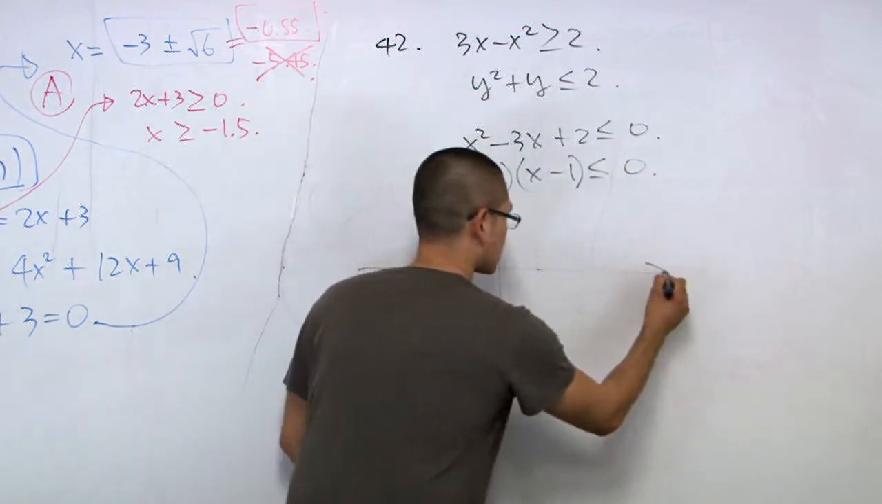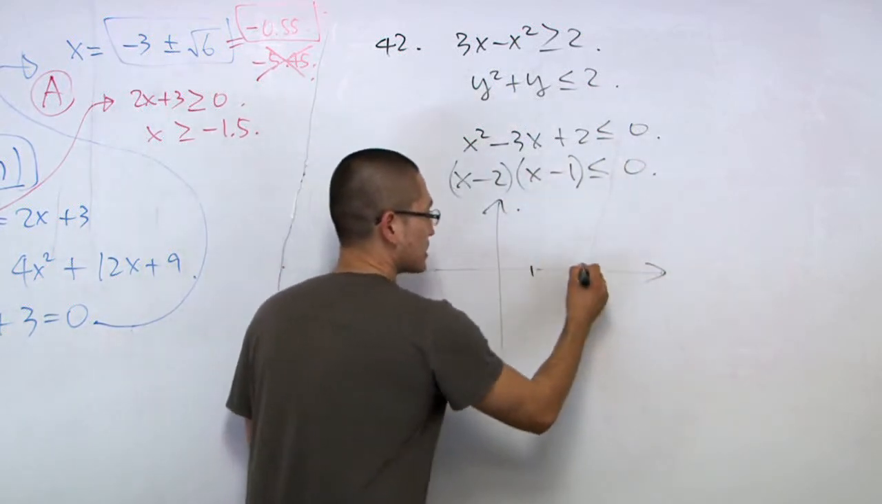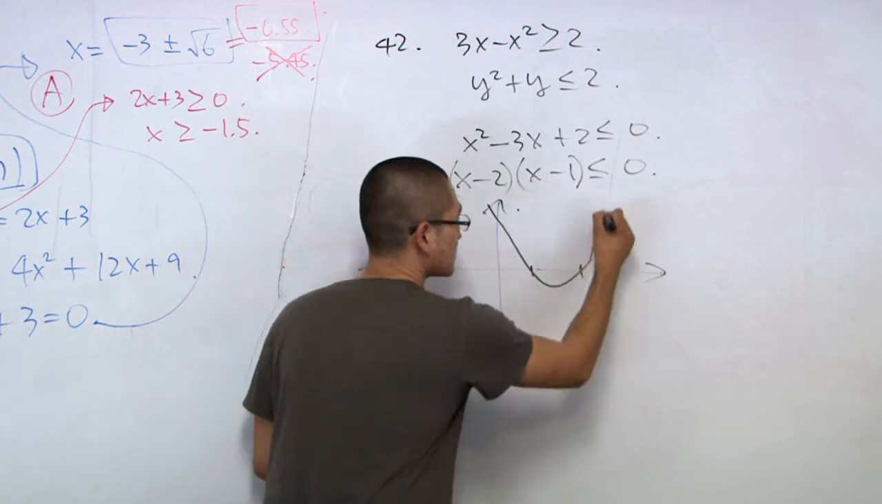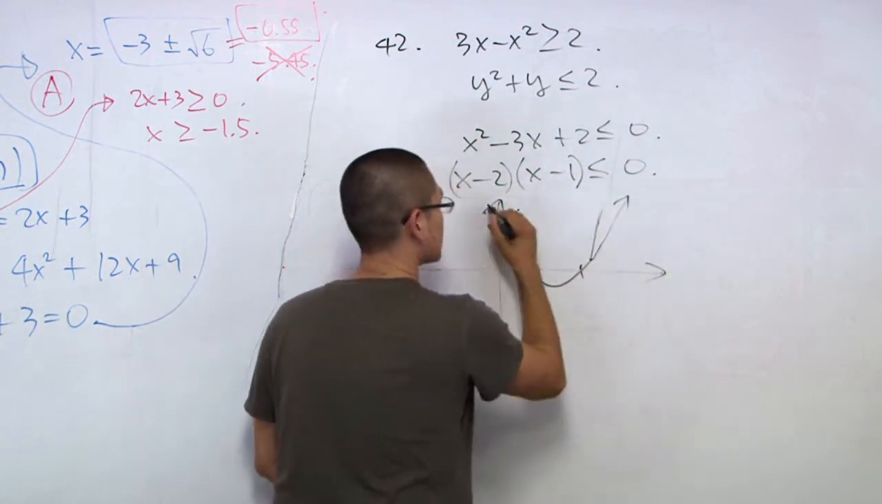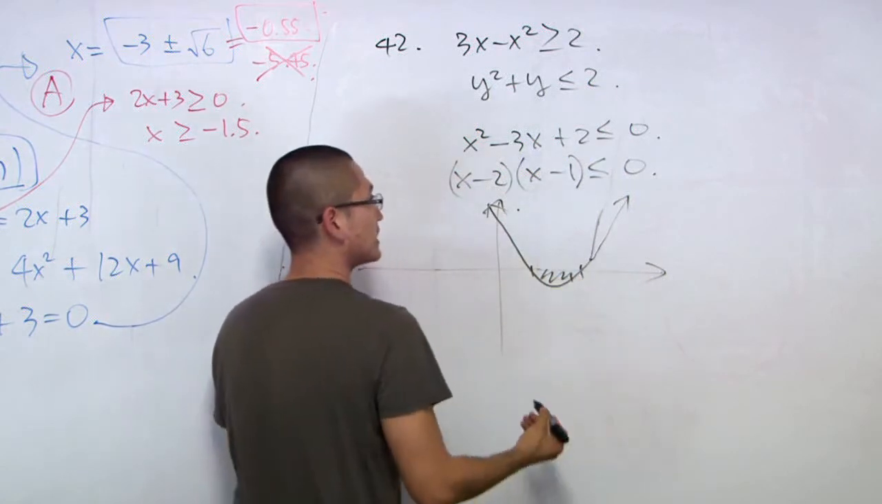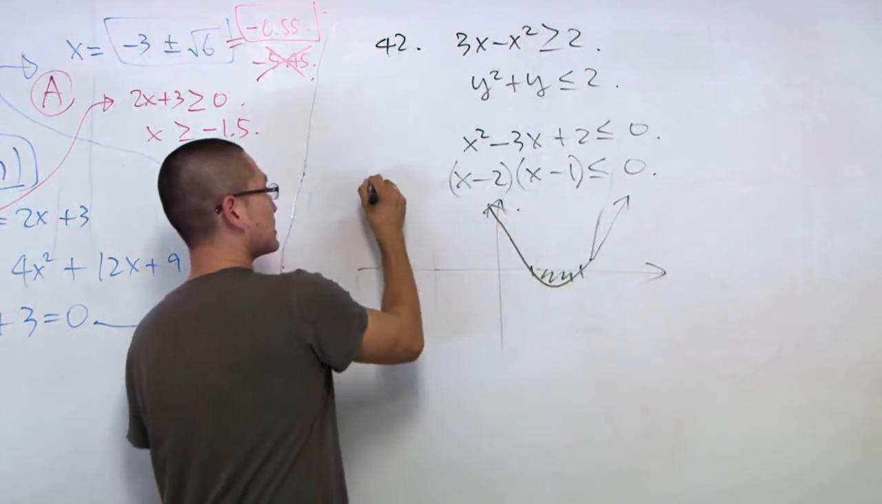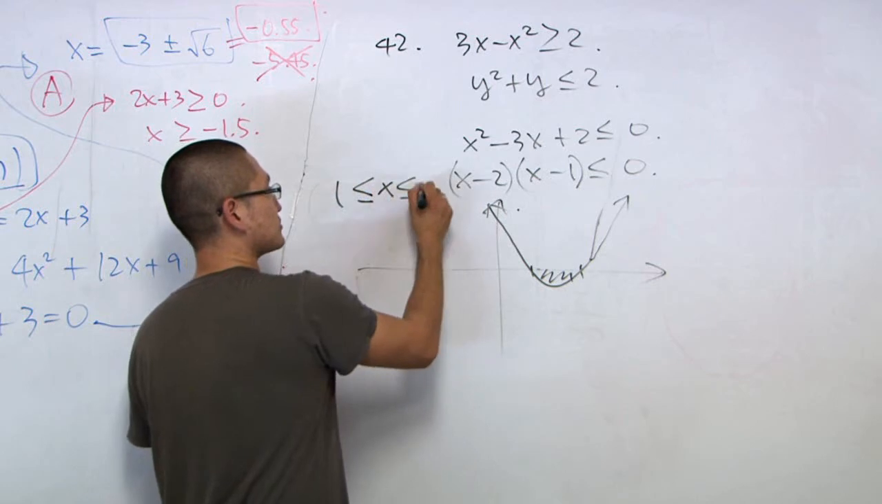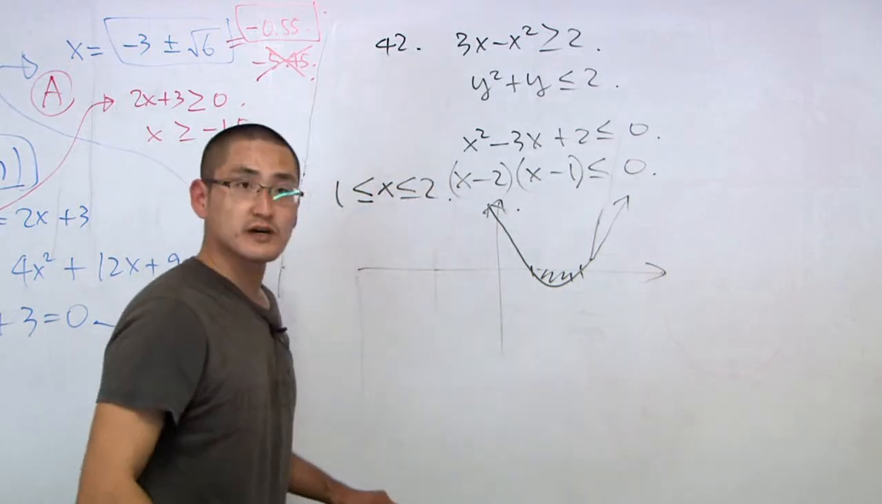And draw the picture. It's going to be 1 and 2. It's going to go through this way, and we realize that it's going to be less than 0. So I'm looking at this point right here. So what's my answer here? It's going to have to be between 1 and 2. Good. Moving on to